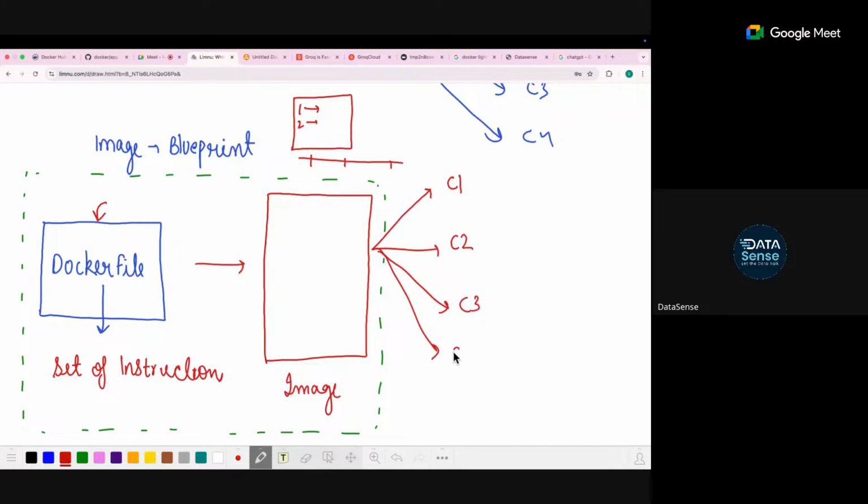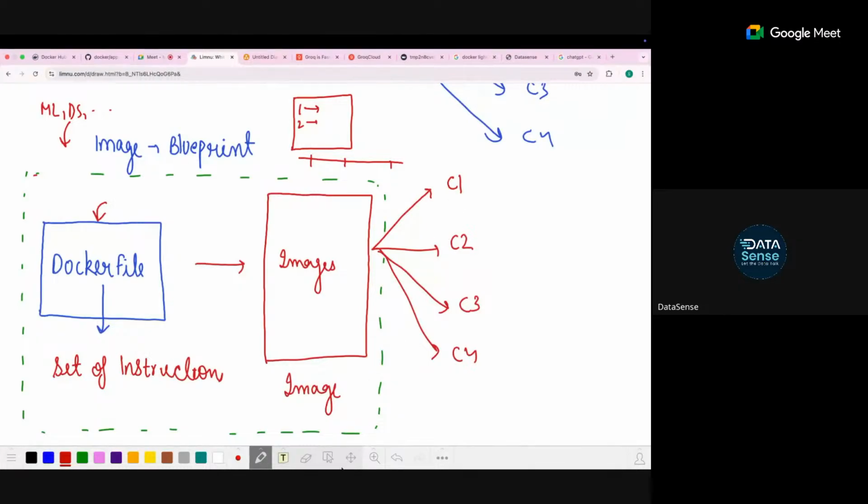So the first thing to understand in Docker is the flow. You take your machine learning model, your data science model, your data engineering pipeline, anything. First you write down a Docker file, describing the flow of this particular project, and then you convert it into an image. This is step 1. After that you will containerize it. What is containerization? My image is ready, now I can run my application. That's how it works.